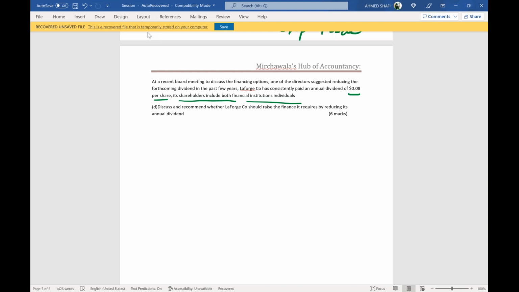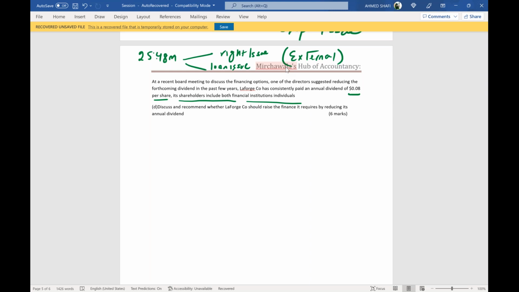Remember in the last class also, the company is planning to raise 25.48 million, right? What are the two options it is considering? One, a rights issue, and two, a loan issue. The company is planning to raise 25.48 million, and it's said in the opening paragraph that it is considering either a rights issue or a loan issue. Both rights issue and loan issue are external sources of finance.